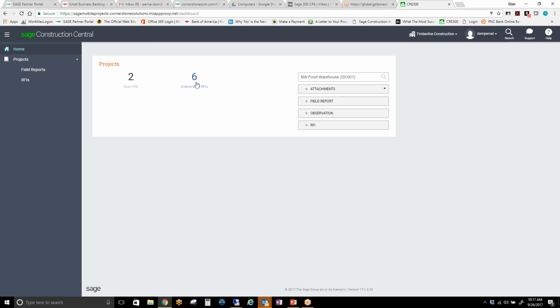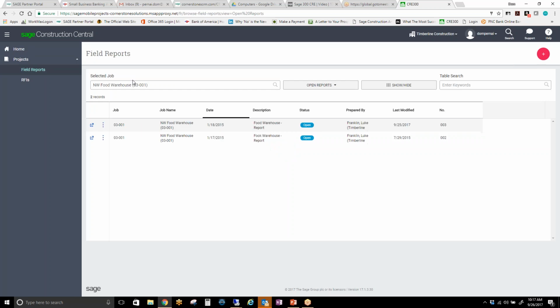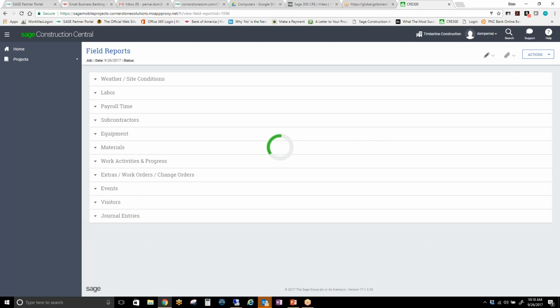So once I've come in here, now I have the ability to open up one of my field reports. So I hit open field reports, and I have 2 field reports out here in the system right now. If I want to add a new one, I simply use the red plus button. So the idea here is it's very easy for me to go through and hit that plus to add a new field report. Otherwise, I can simply hit the button, and now I go into an existing field report right here. And you'll notice here, field report 002, it's for my warehouse. And now I have a series of